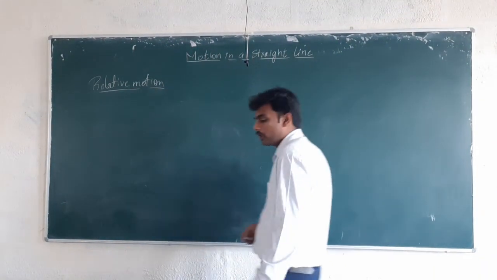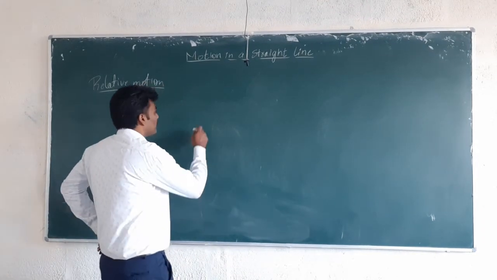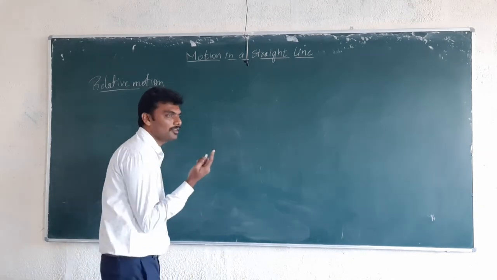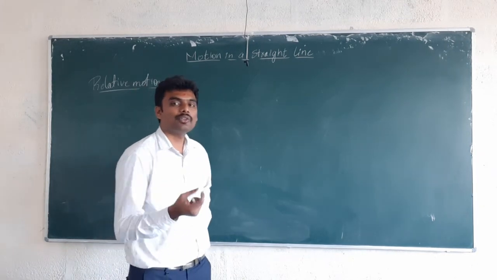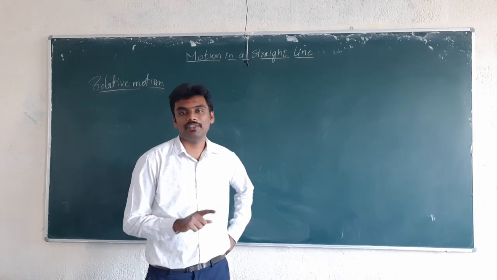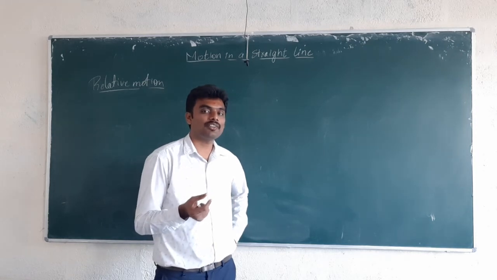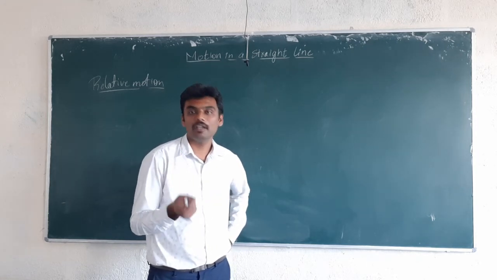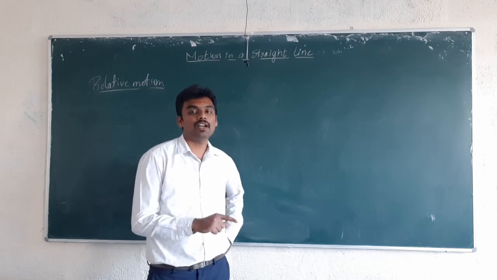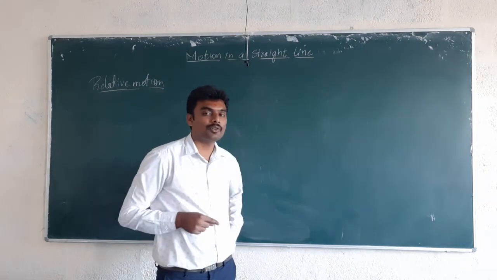Yeah, one more important formula in relative motion. See, two formulae will be simply easy to write. First one, VAB is equal to UAB plus AAB T. V is equal to U plus AT is easy to write. In the same way, the second equation of motion, S is equal to UT plus half AT squared, for the single body becomes X is equal to X naught plus UT plus half AT squared. That is the problem which we solved now.